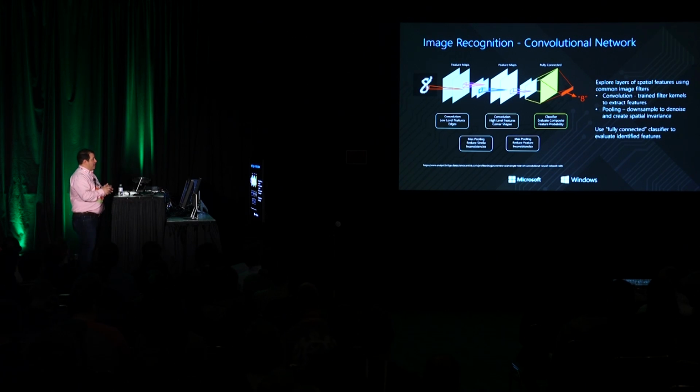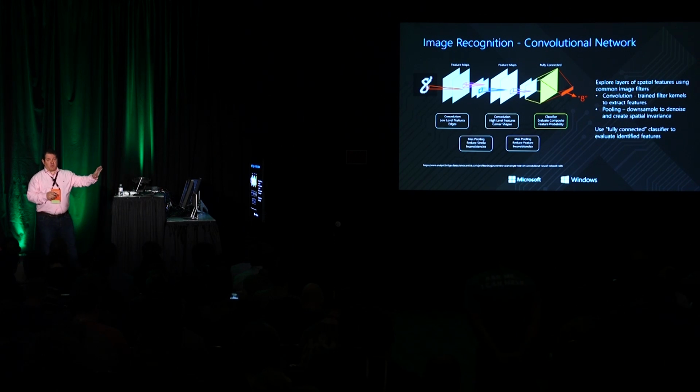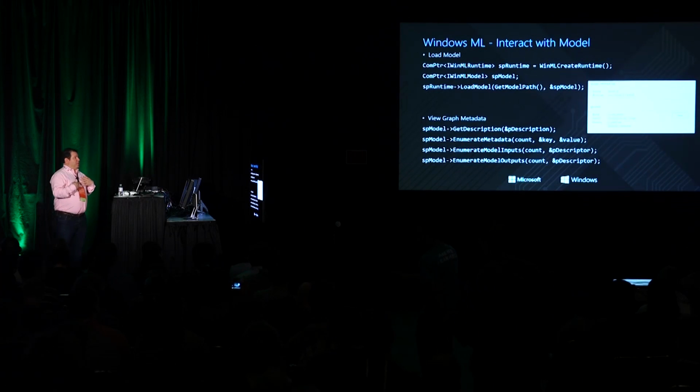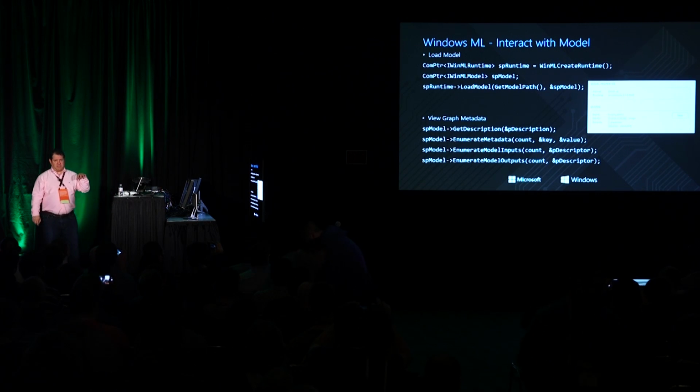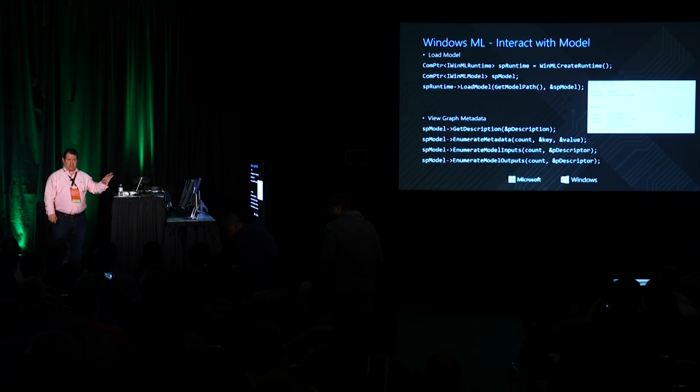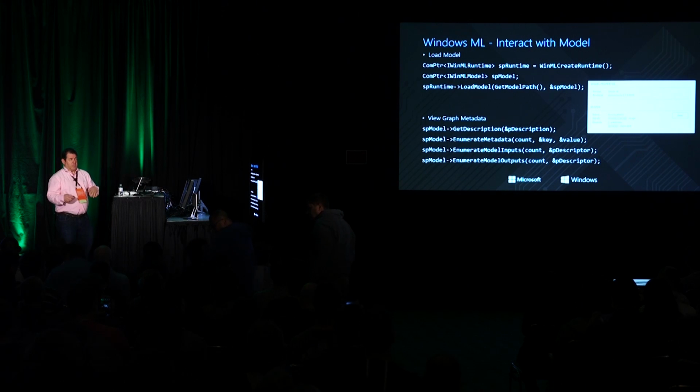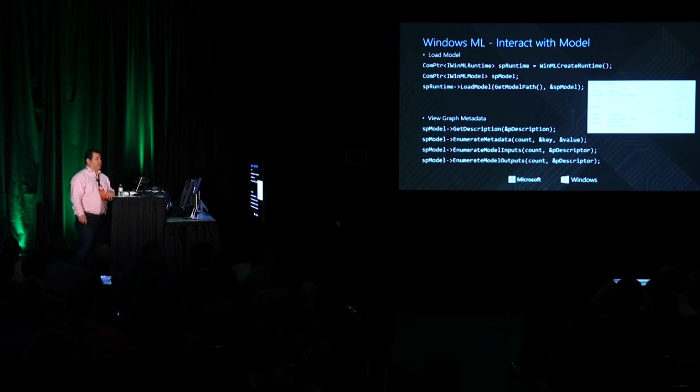So what we're going to do here is take a look at what image recognition is in a convolutional network. I'm going to try and walk through what that would look like a little bit in code and then show you a demo of that. When we look at this network, it's called MNIST. What we would be doing with Windows machine learning is starting off with, okay, I've built that model, how do I bring it up in my system? On the right-hand side, there's a tool I'll talk about later called Netron, which is a visualizer of your model. You can see what the inputs and outputs of that model look like.